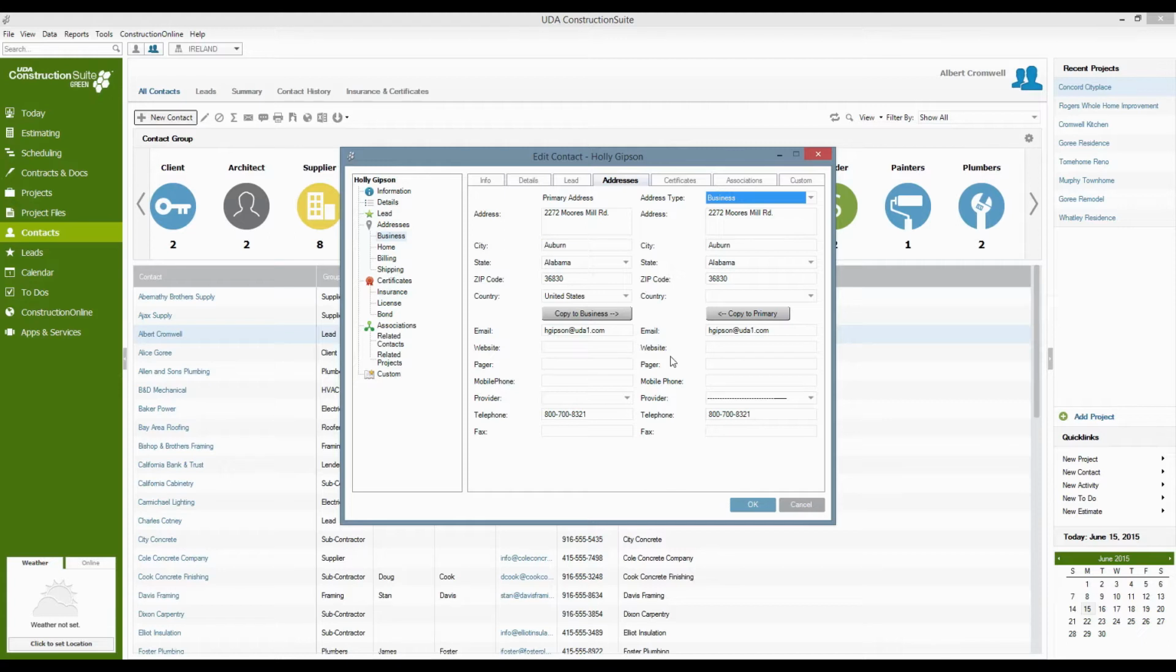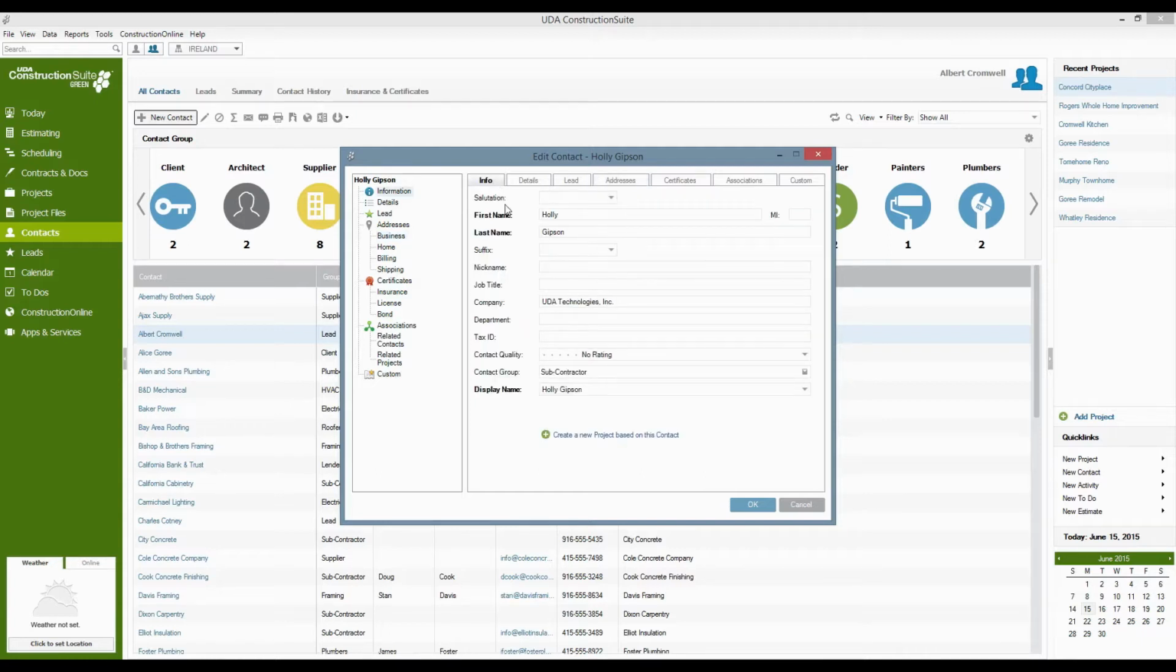In addition to that, though, there's a ton more fields in here that I highly recommend you take a look at, not least of which includes, on the info screen, we can put in some more detail for the contact itself. We can put in Holly's job title, which is basically boss of all things. We can put in the company information, the department that she works for. We can even give her a contact quality, a rating system that you can put in place for her as